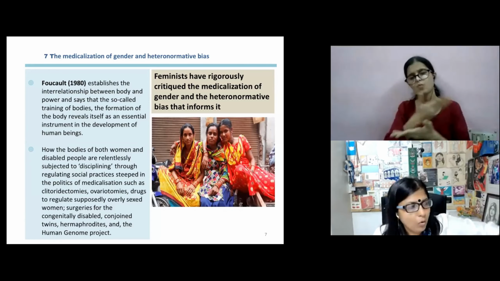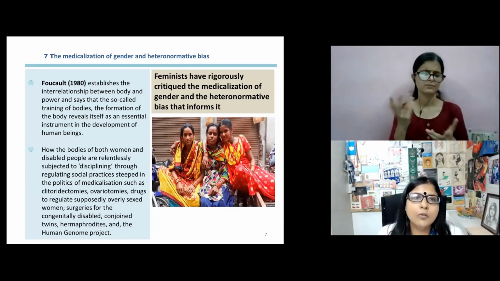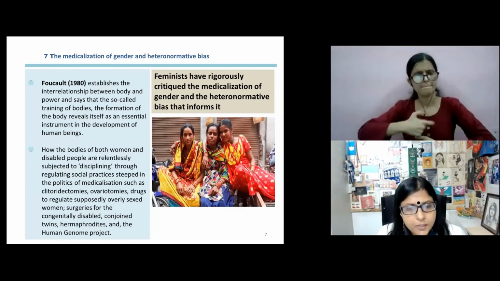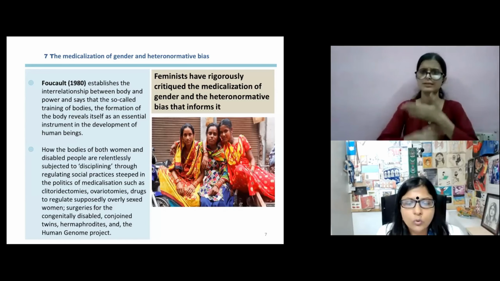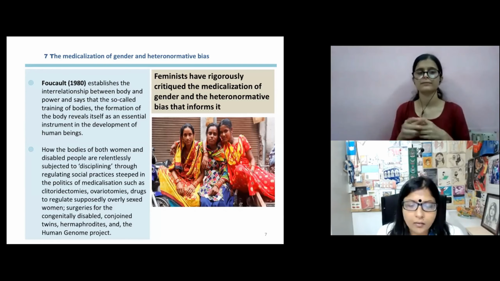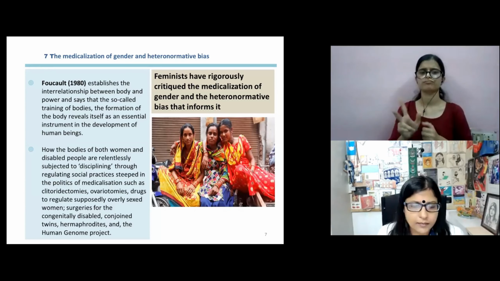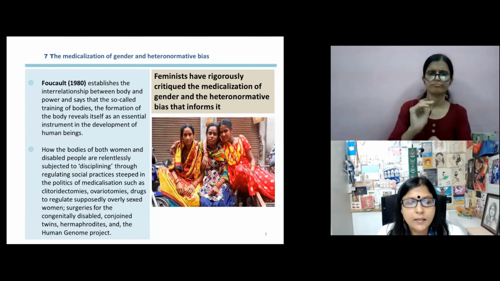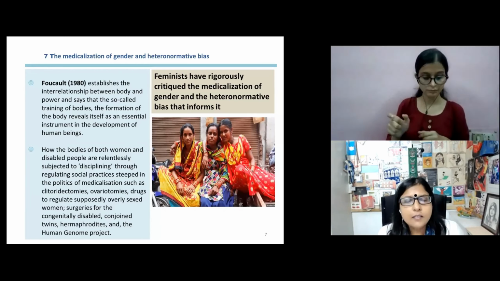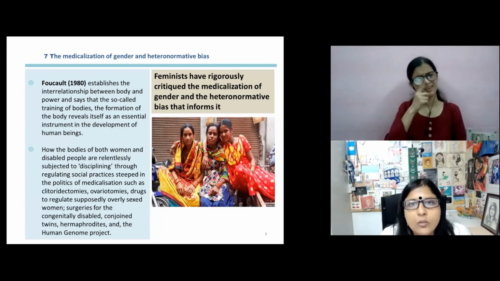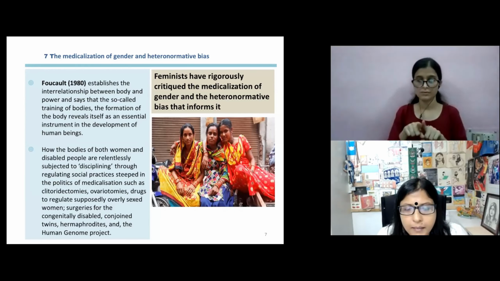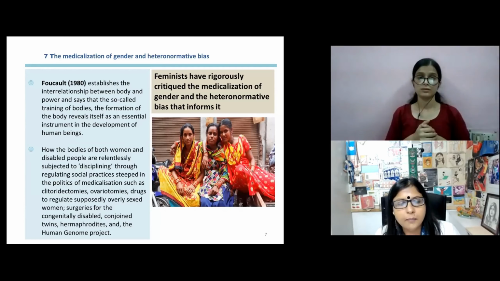And basically, more importantly and significantly for me, he talks about how the bodies of both women and disabled people are relentlessly subjected to discipline through social practices such as clitoridectomies, ovariotomies, surgeries for the congenitally disabled, conjoined twins, and so on. And feminists have also rigorously critiqued this medicalization of gender and the heteronormative bias that informs it, because they say it perpetuates gender beliefs. So Kim Q Hall writes that the medical model